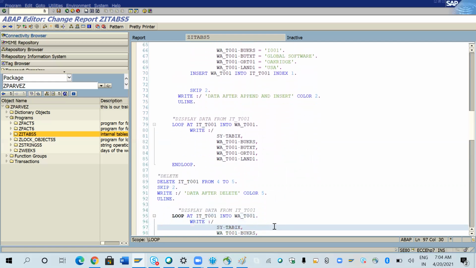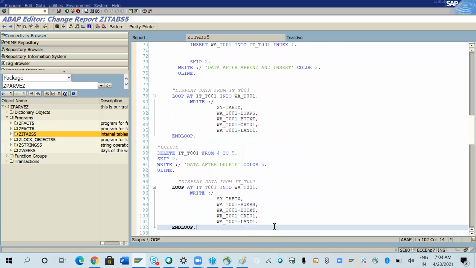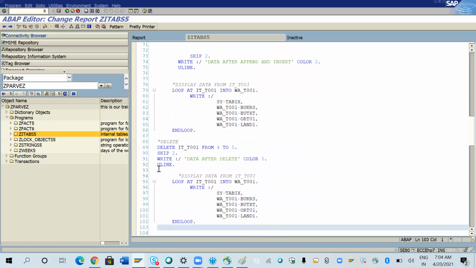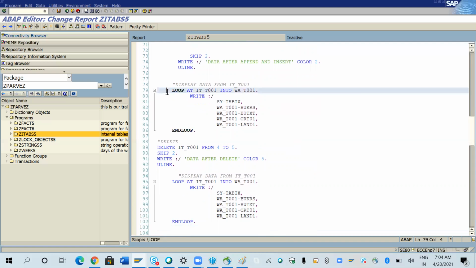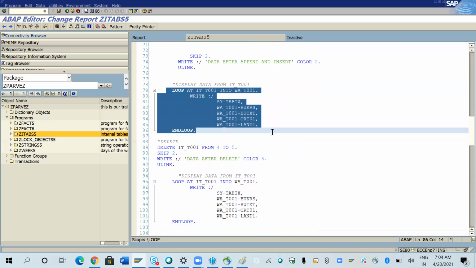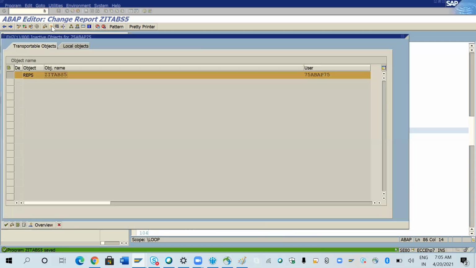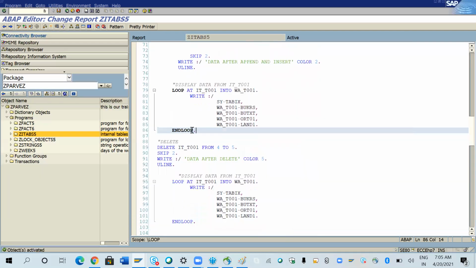Because we have added 2 new records, we are again trying to display the output. So again, we are using loop at internal table into work area. Again, we are writing the records one by one, right? So before we proceed further, let us see how the output looks like. Again, we'll come back to the program. So when we try to execute this program,